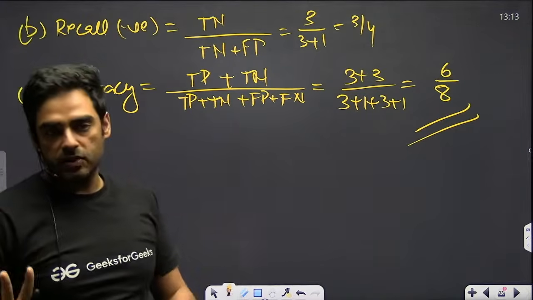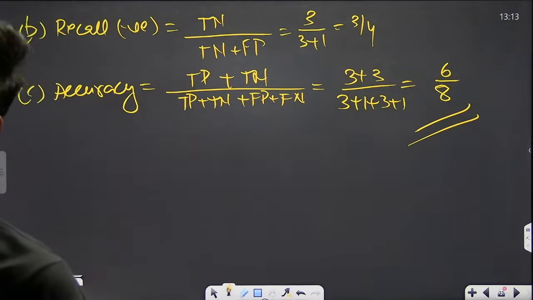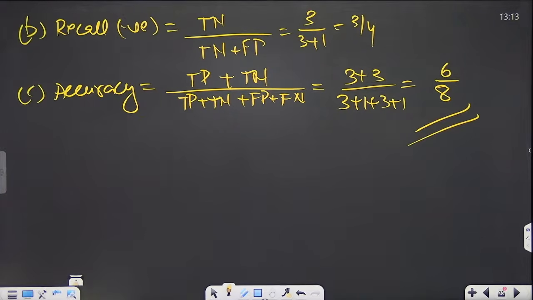ठीक है, आई होप दिस थिंग इज क्लियर. आपको समझ में आया होगा कि what exactly the concept is. That is mixing what? Support vector machine along with the क्लासिफिकेशन मैट्रिक्स। ठीक है बच्चा, तो ये इंपॉर्टेंट है, आपको समझना है।